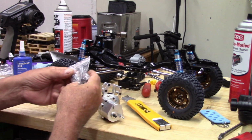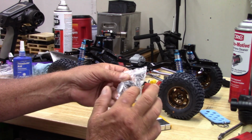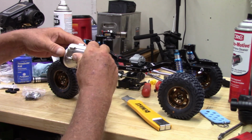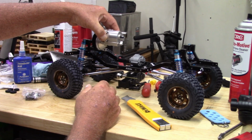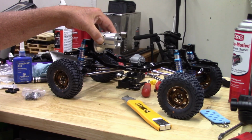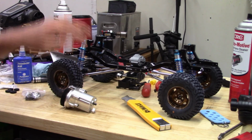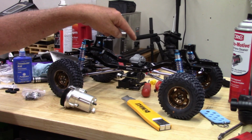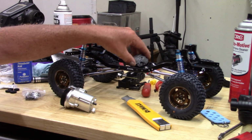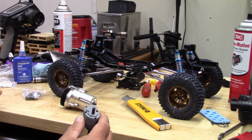So, the next question, alright, so there's a couple brackets right here. Right here. This one. About how this will fit in here. So I'm not sure if I'm going to get to that in this video. But it also means I'm going to have to pull this bracket out that was for the SSD that was doubling as a cross member. The cool thing about this transfer case though is that it comes with different gears, so